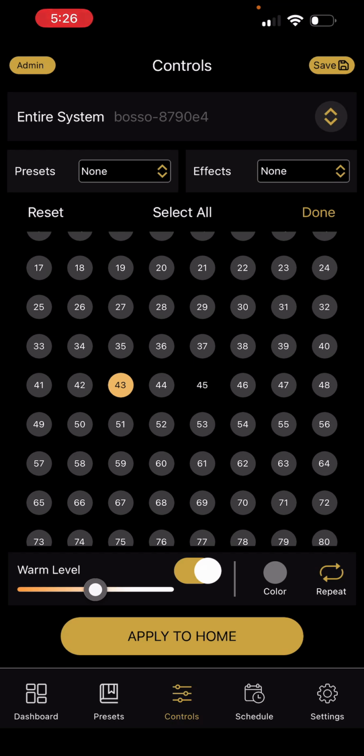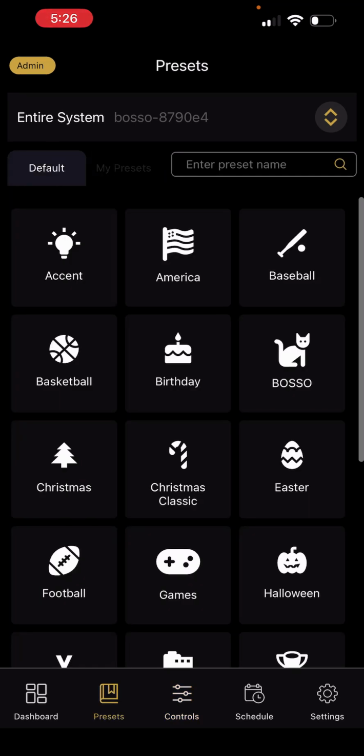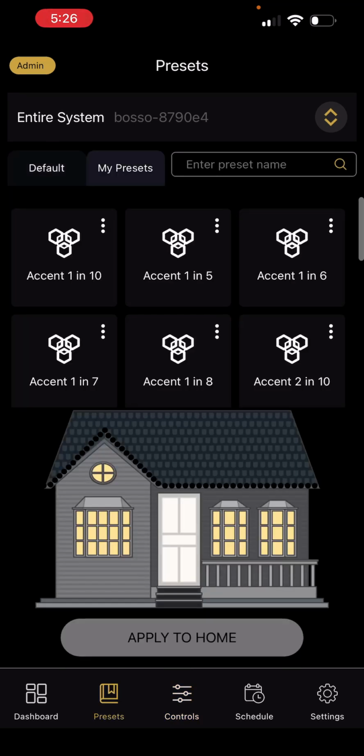And yeah, those are the 3 main reasons people use this control tab here. And then you can save this preset. And I usually, once I do a custom accent, I'll title it custom accent, and then it will appear in your My Presets. And that'll be typically the day-to-day, when it's not near a holiday. Our clients love running that custom accent, highlighting different architectural features of their home and all of